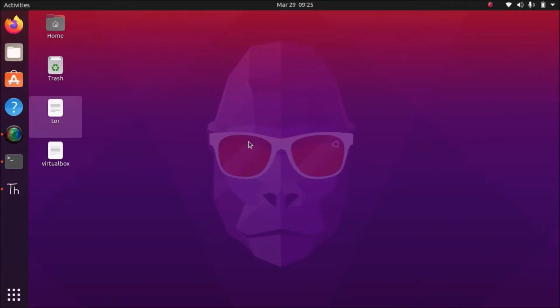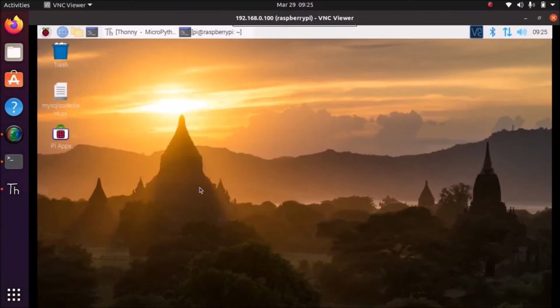So friends, we are now on our Ubuntu machine, the latest version. I am accessing our Raspberry Pi 4 machine using a VNC server. I have configured the VNC server on the Raspberry Pi 4, and here in activities, as you can see, this is our Raspberry Pi 4 screen, Raspbian OS, which I am accessing using VNC. As I told you, we are going to make our Raspberry Pi 4 a broker, and I have two ESP8266. One is our publisher and the other is our subscriber.